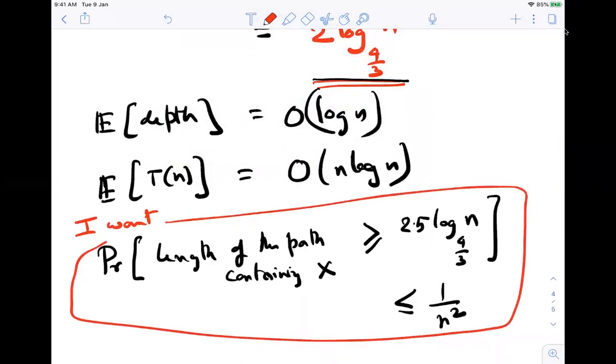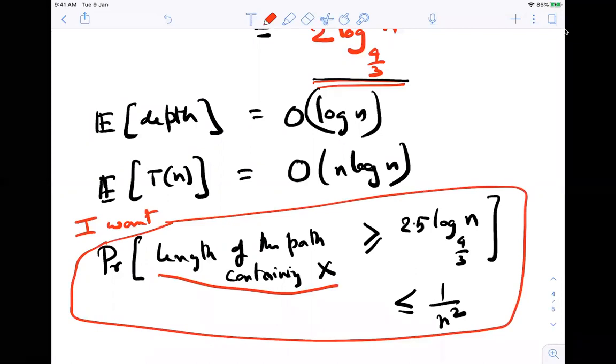You see that this is a much stronger statement than just expectation. So this is saying, what is the probability that our random variable, which in this case is the length of the path, what is the probability that the length of the random variable is